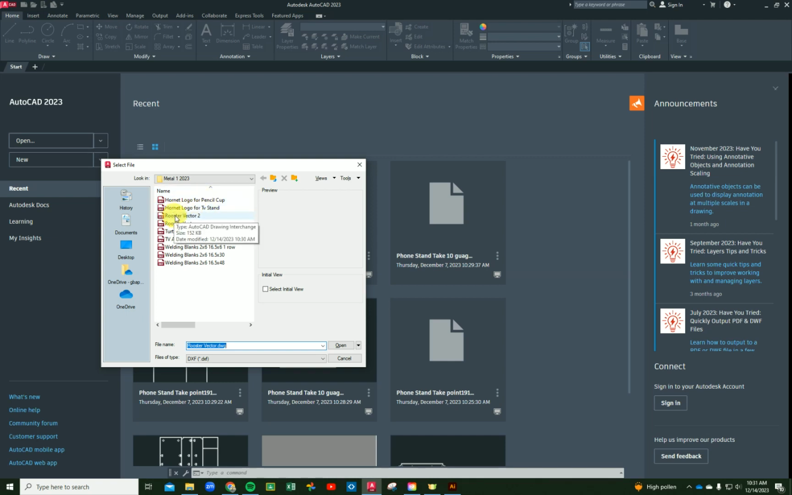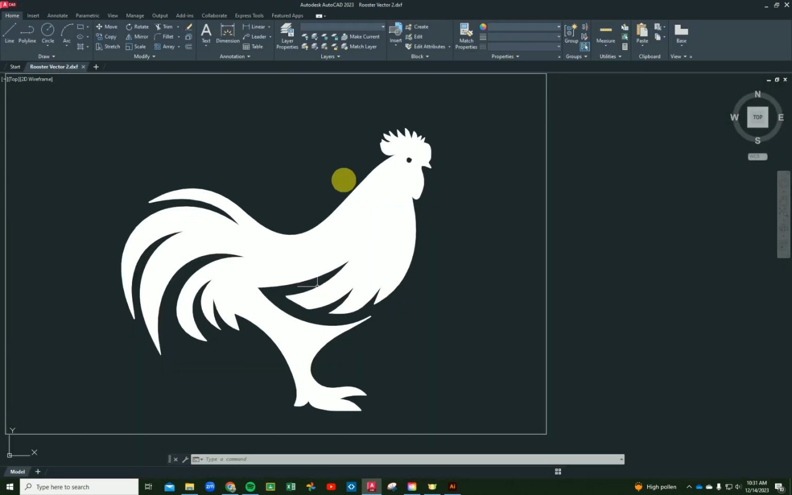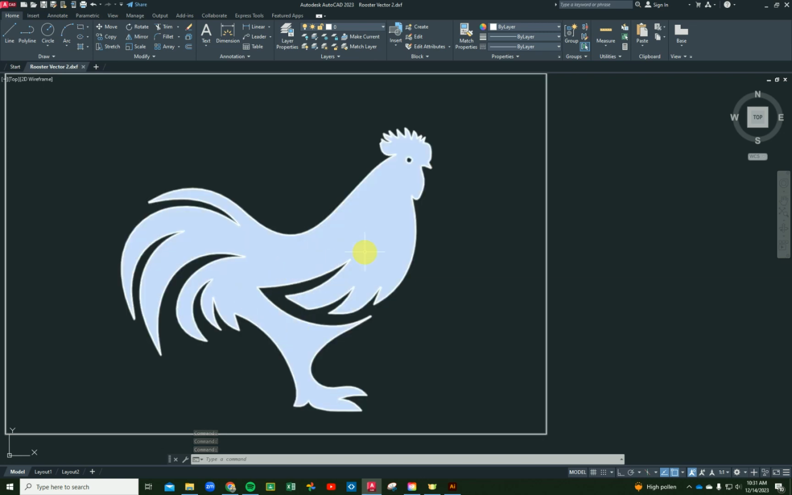And then I'm going to look for my drawing. I have my folder already set up where I saved it. And I'm going to go Rooster Vector 2, and I'm going to open. Now there is my drawing here, and it's going to give me two things. It's giving me the white fill-in, which is going to be a hatch. If I click on that,